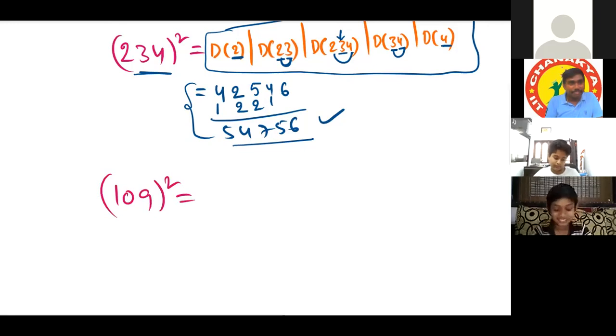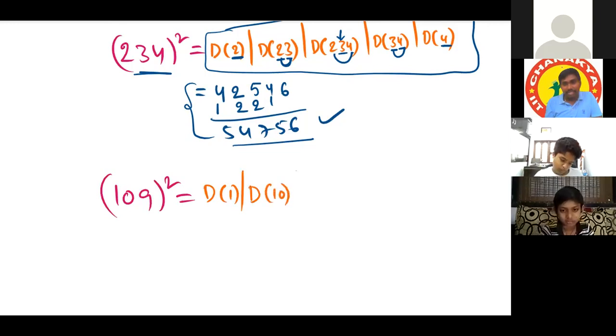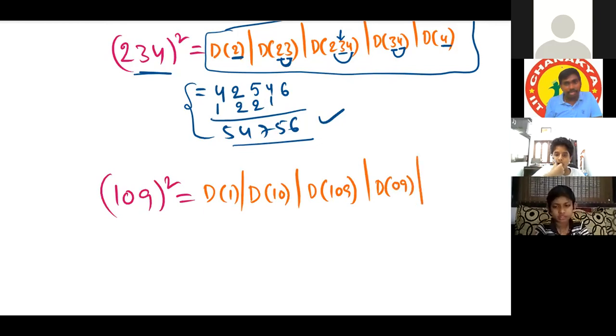Okay. See, Ritvik, duplex of 1. Is it required to write this? No, sir. Okay, let me write for this question only. From the next question onwards, no need to write this. Then duplex of 10, then duplex of 109, then duplex of 09. See here, Ritvik, we have to take 09, not only 9, okay? And then duplex of 9. Sir, Ashwath wrote in the chat, sir, don't forget 432 is required, sir. Okay. Then one duplex is 1 only.